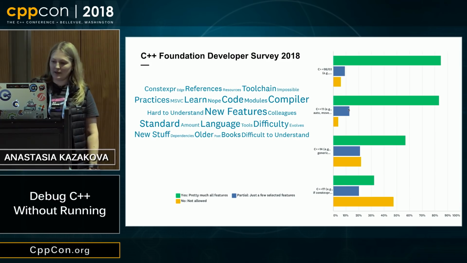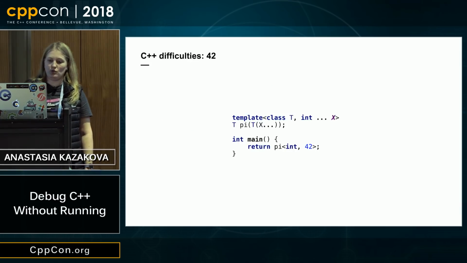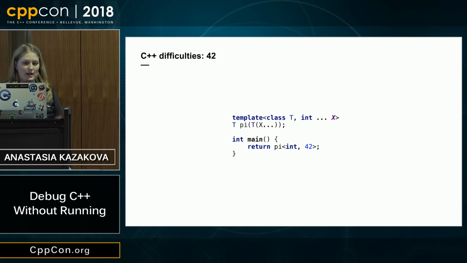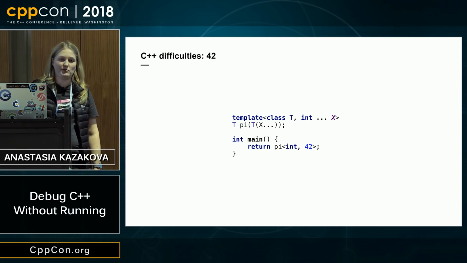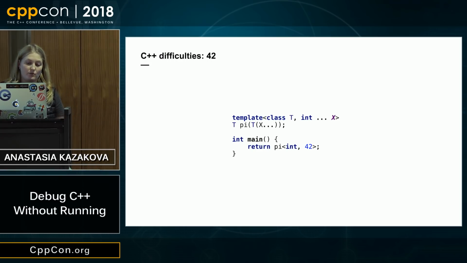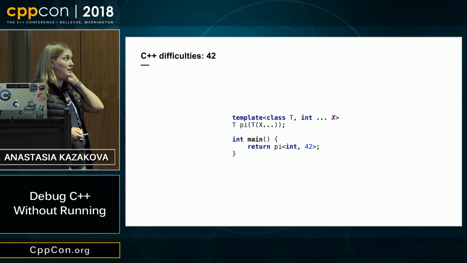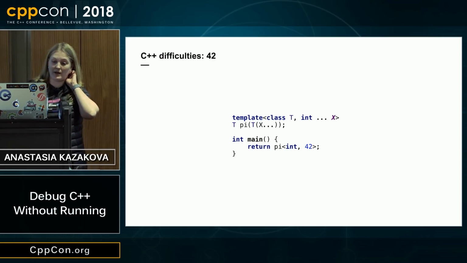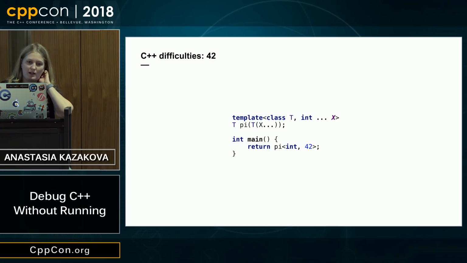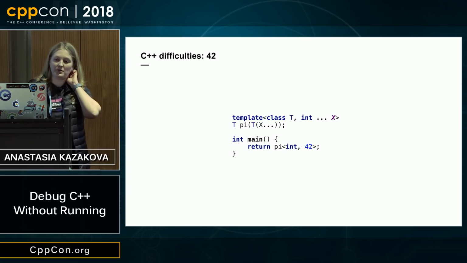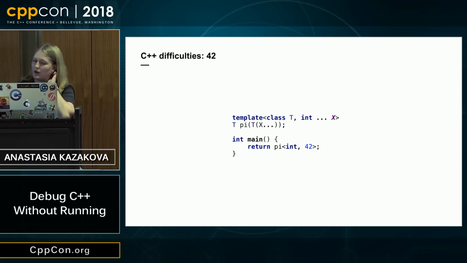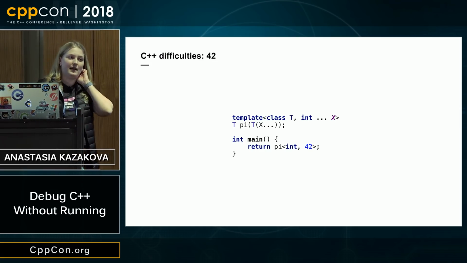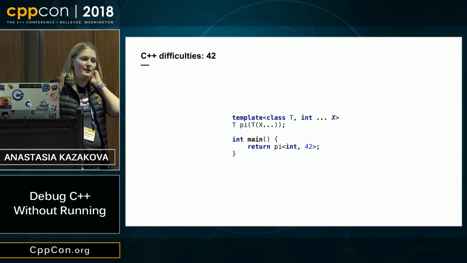So let's look at a real language example and try to get the idea of what's actually happening there, and why modern abstractions can be so scary for developers. There is a nice story behind this example. We got it while testing some new features in the IDE, and our QA engineer just came and said,